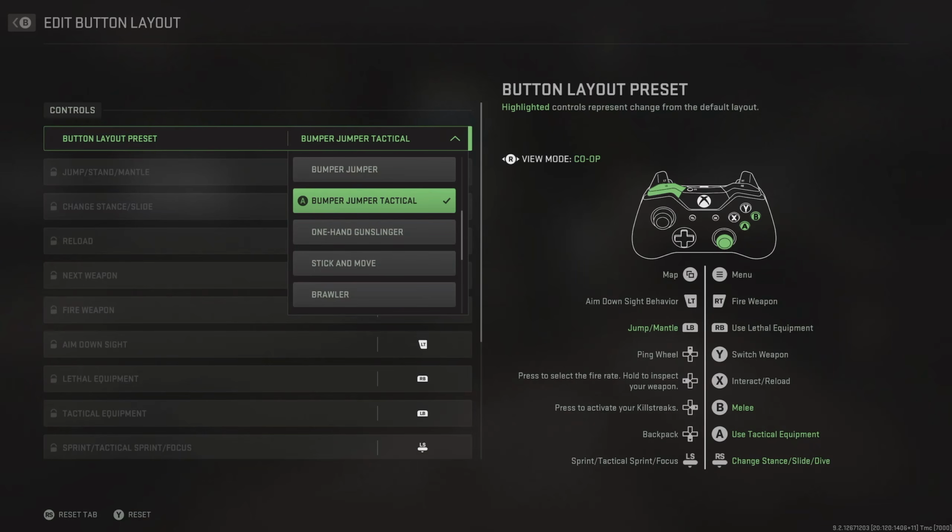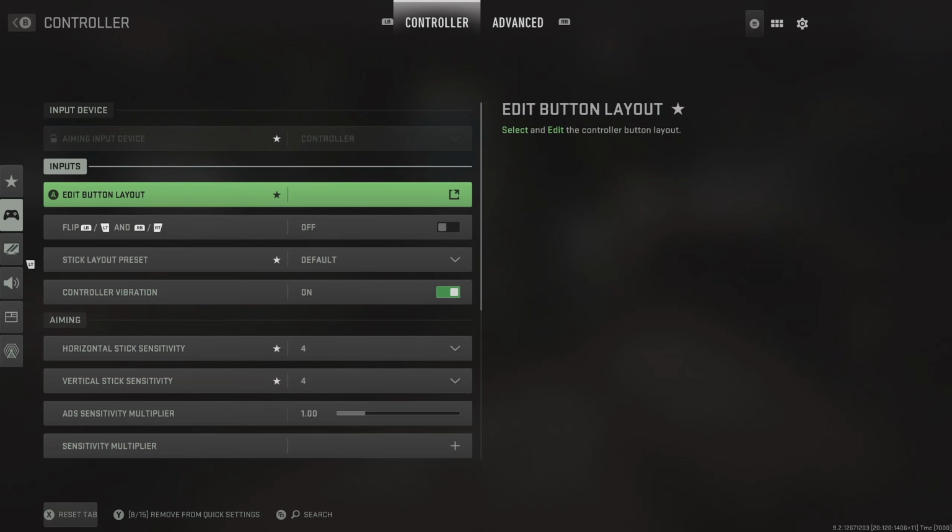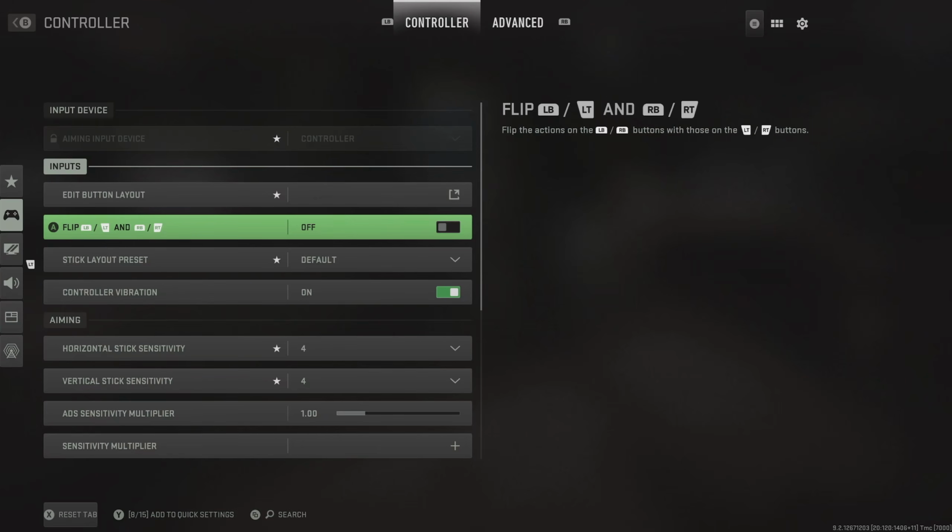PlayStation controllers. This means that your melee is now B or circle on PlayStation, and using your tactical equipment is now A or X on PlayStation. So it does take a little bit of getting used to, but it ensures you have the full range of movements that you need to get the upper hand when playing multiplayer, but without sacrificing your aim. So that's my recommendation for the button layout, and if you want to go that one step further of getting